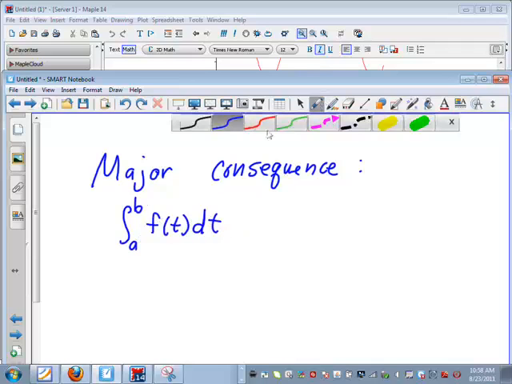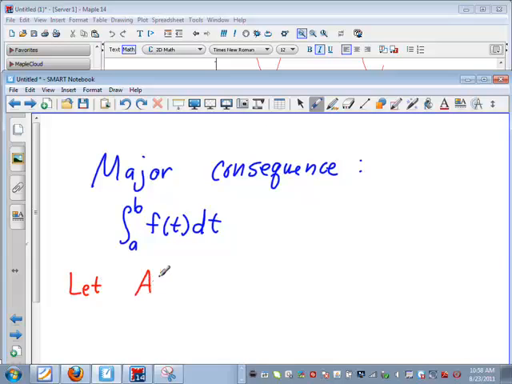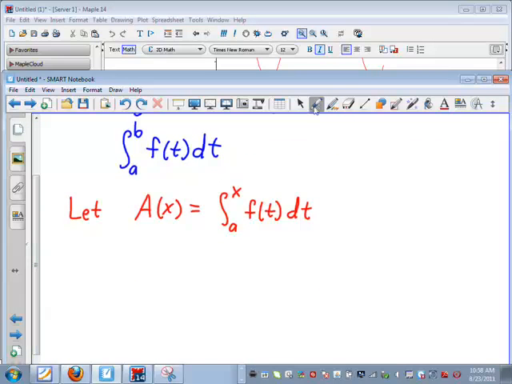So here's what I'm going to do. I'm going to let capital A of x again be equal to the integral from a to x of f of t dt. So how do I figure this out? What do I know about this? Then, by the fundamental theorem of calculus, capital A is an antiderivative